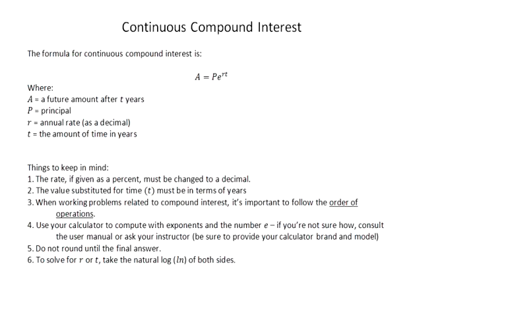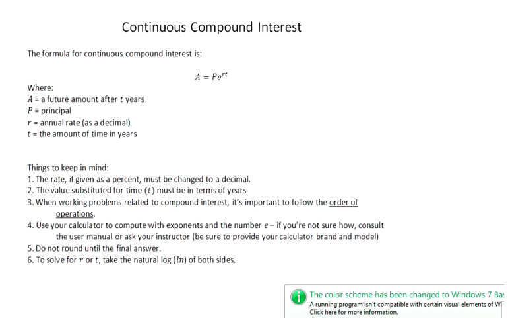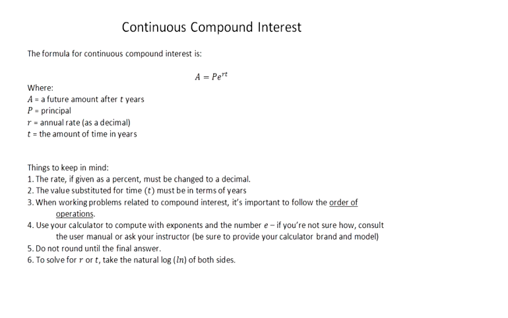In this video, we're going to talk about continuous compound interest, which is just as it sounds it should be. Continuous compound interest is when the interest is compounded continuously. The formula for continuous compound interest is stated here at the top of the screen. It is A equals capital P base E to the power R times T, where A is the future amount,